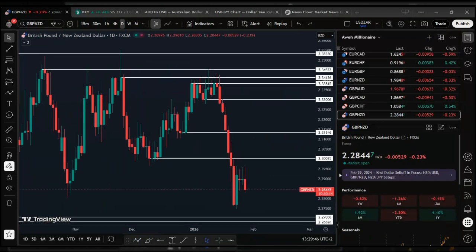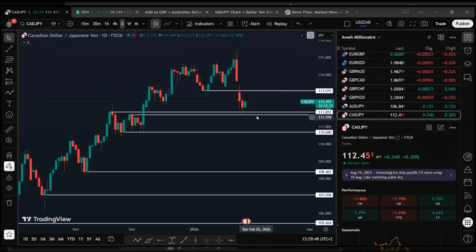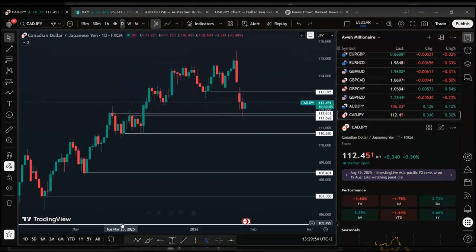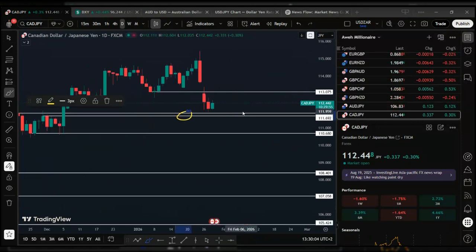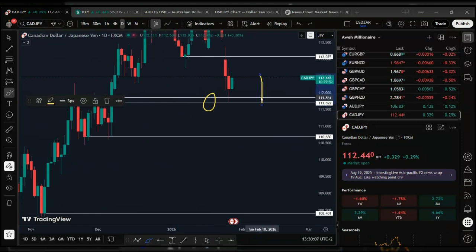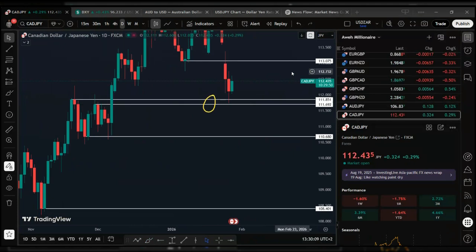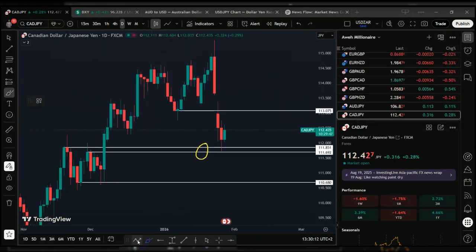Next up, we've got CAD JPY. So CAD JPY is currently testing our major zone of support, which is sitting between the 111.85 and the 111.69 zone of major support, with an indicator, as we can see here, of a bounce off this level. Now, this bounce off this level then opens up doors for price to retest previous support broken, now turned resistance here at the 113.07 level